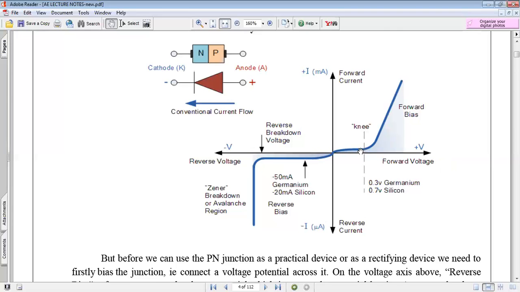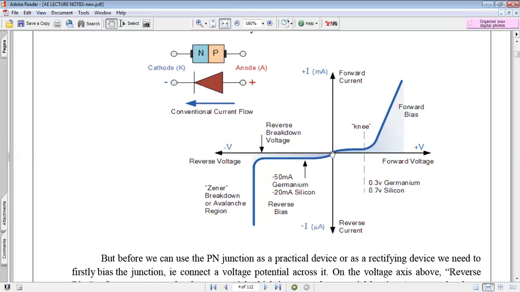And this region where the amount of current is almost zero is called cutoff region. After this region, the current increases linearly, and following Ohm's law, this is called ohmic region. And in this ohmic region, the magnitude of current is of the order of milliampere. This is the main current or forward current of a PN junction diode in forward bias when the positive voltage is applied to its anode.